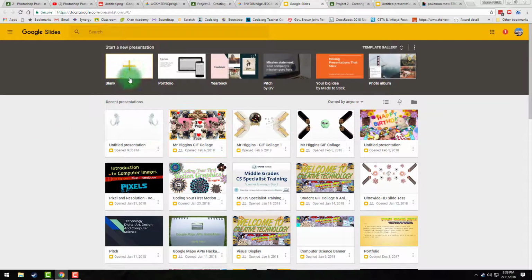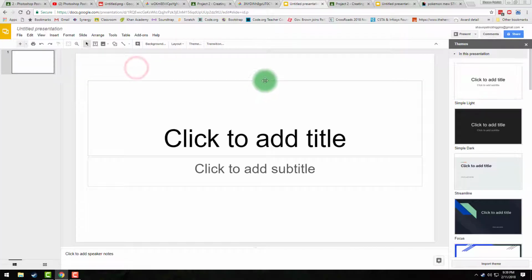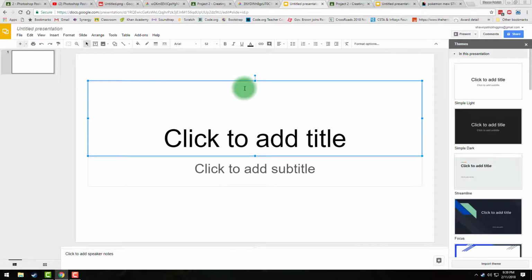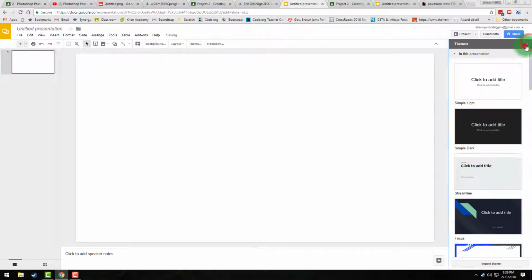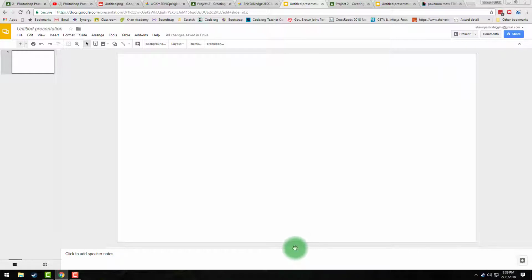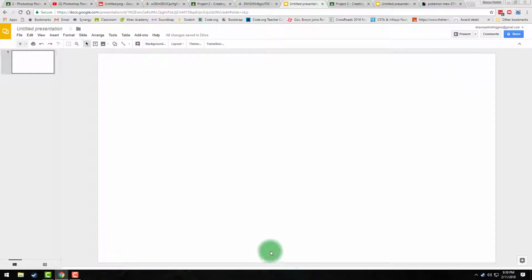So to start things off, what we need to do is we go into Google Slides, just like for part 1 of this assignment. We're going to click in blank. What we want to do first is we want to left click on the blue line and delete these. And we can turn off those themes. We can drag down the speaker notes so we have as much canvas as possible. And now what we need to do is get tricky. So we're going to do HD Collage 2